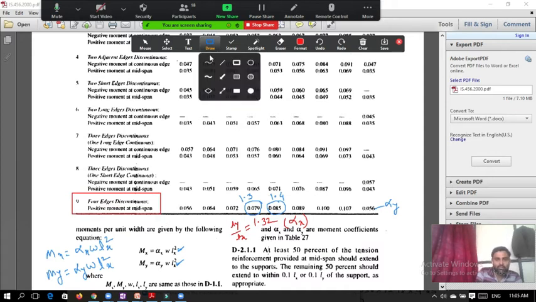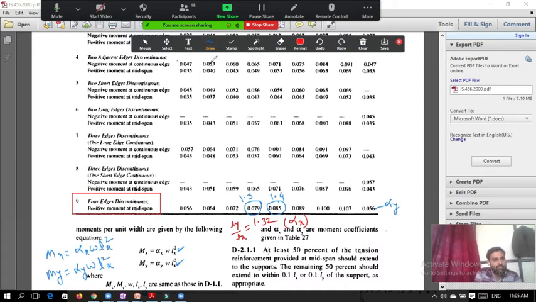In the exam they may ask you some other conditions. In the exam they may give you, instead of 4 edges discontinuous, they can tell you 3 edges are discontinuous. Okay, this might happen in the exam. So in that case you have to take the values of alpha x and alpha y from here. So one long edge discontinuous, where the continuous edge is there,